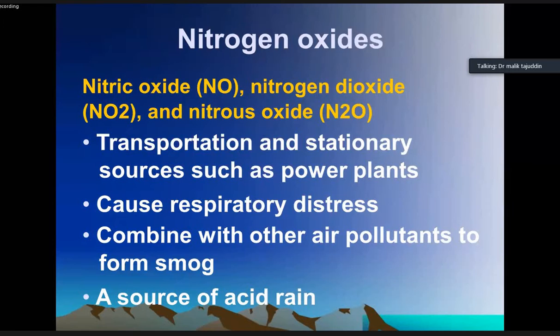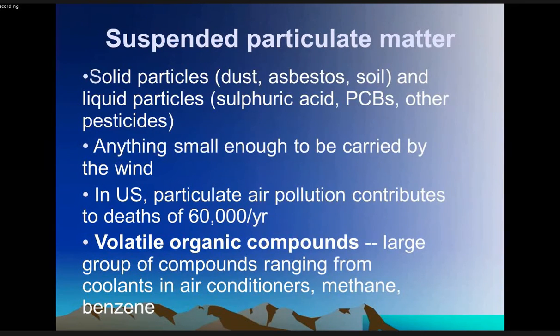Then other air pollutants are the nitrogen oxides, in which there are nitrogen dioxide, NO2, and nitrous oxide, N2O. Transportation and stationary sources such as power plants are the main source of these nitrogen oxides, and they again cause respiratory distress, and they combine with air pollutants to form smog, and they are also a source of acid rain. Then there are a few suspended particles,